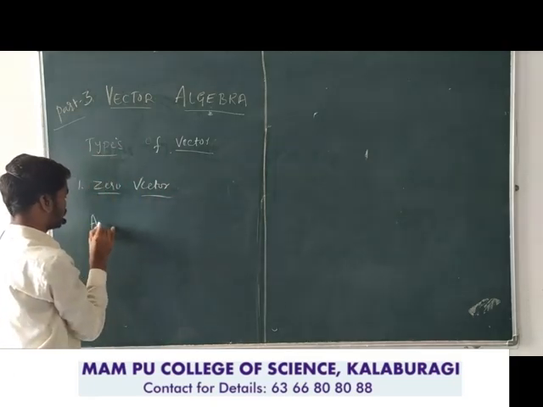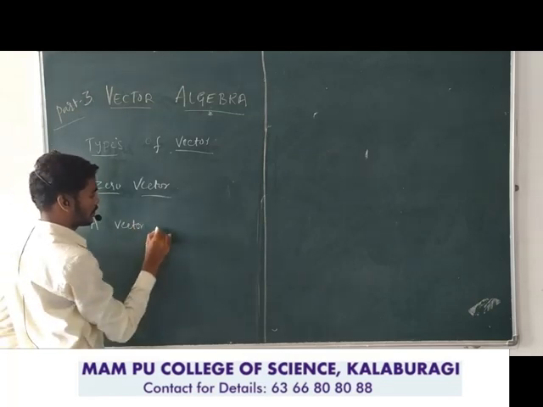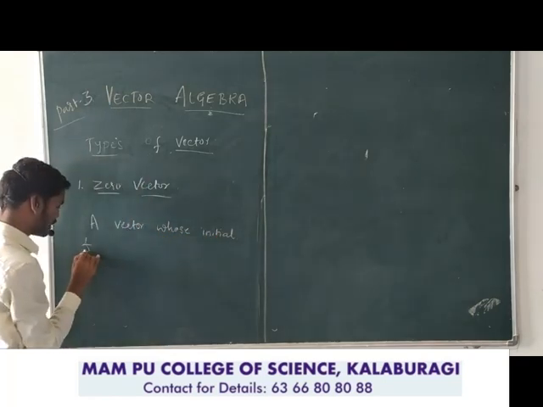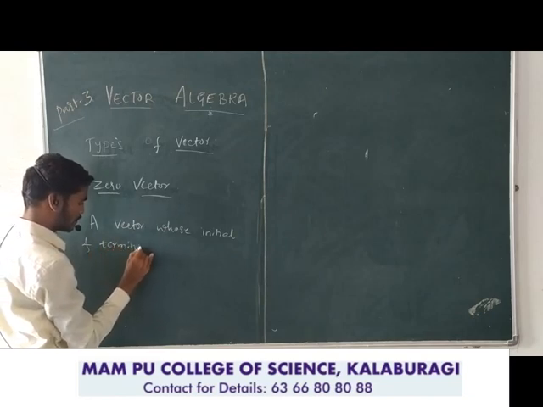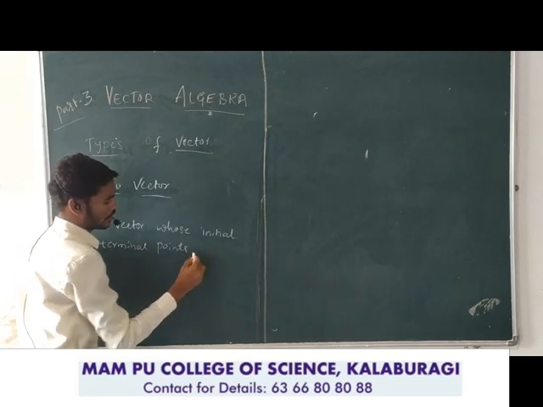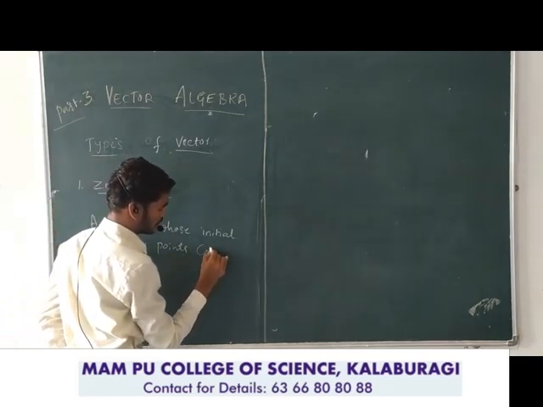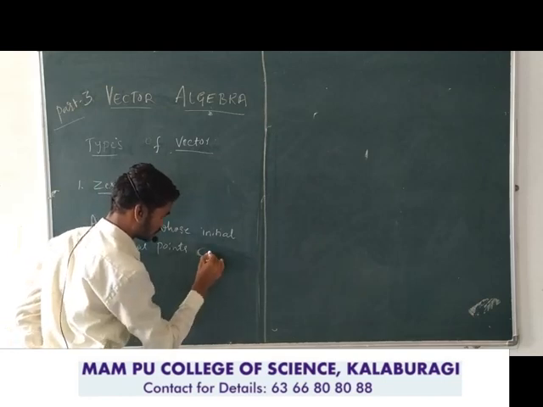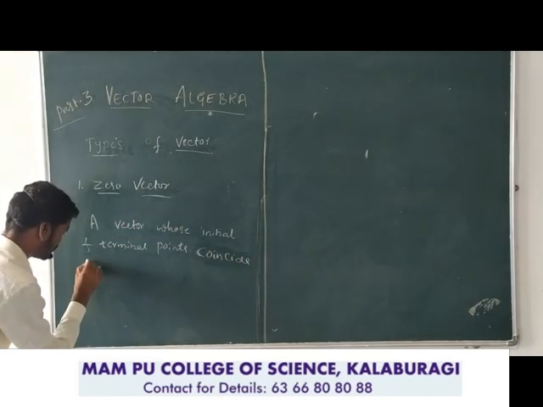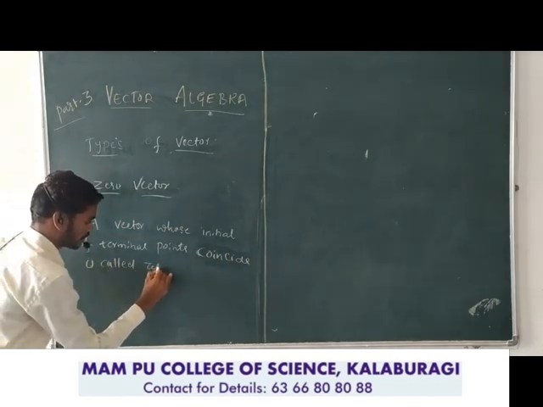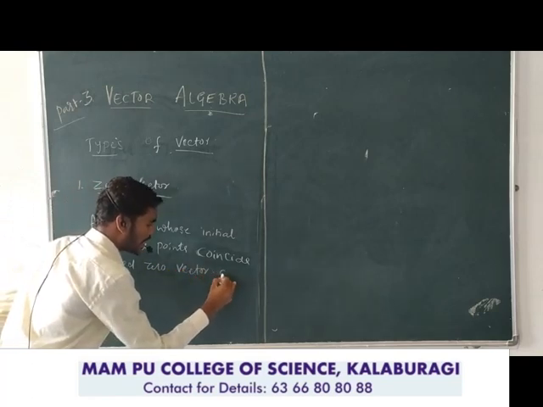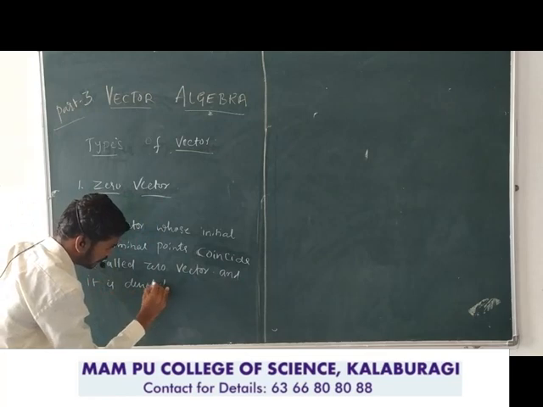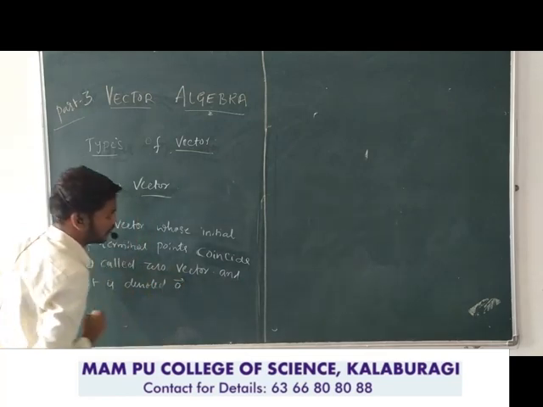A vector whose initial and terminal points coincide is called a zero vector, and it is denoted by 0 vector. For example,